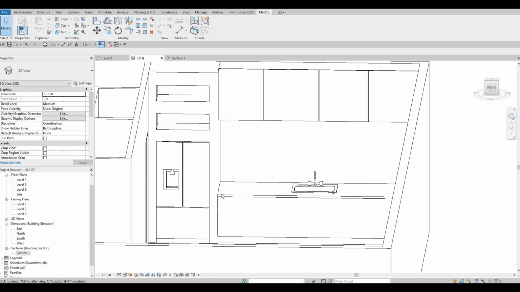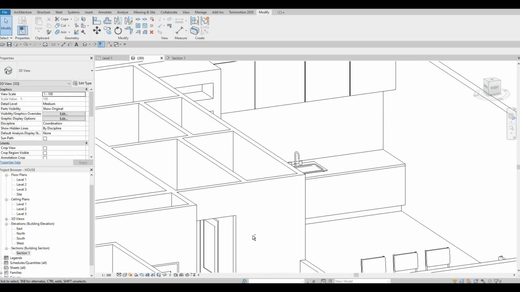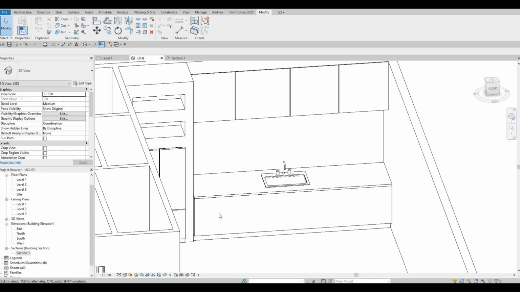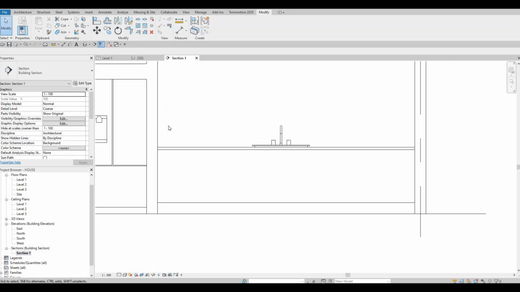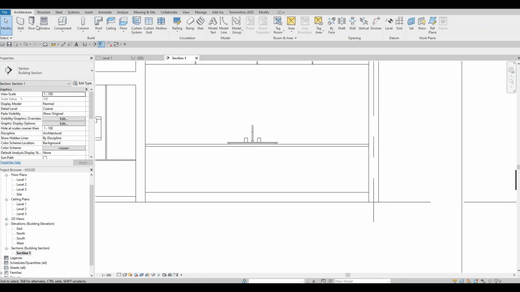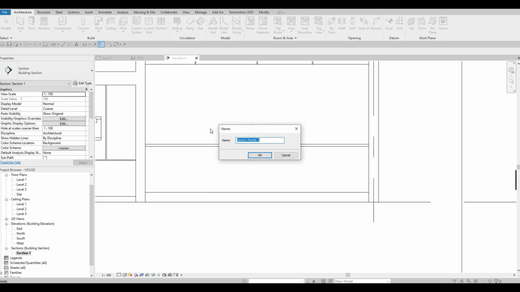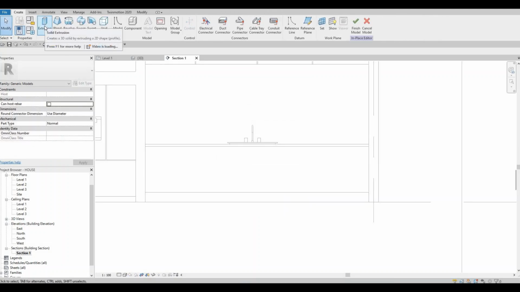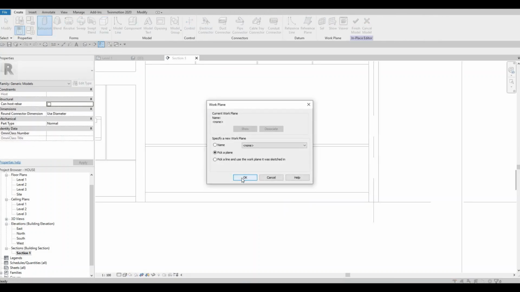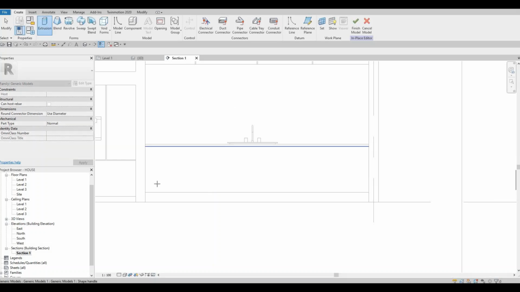So in the previous video, we started creating the kitchen. Now we're going to continue working on this, and then we're going to add the base cabinet as well. So let's continue that by going to section, and then here we're going to use model in place again under architecture, and this will be another generic model, and then click extrusion. We will need to pick a plane, which is this one,